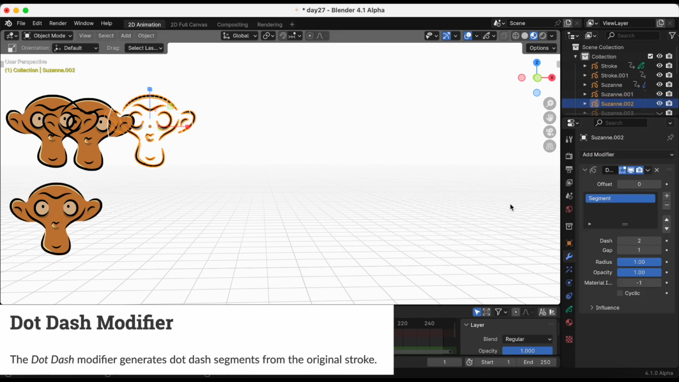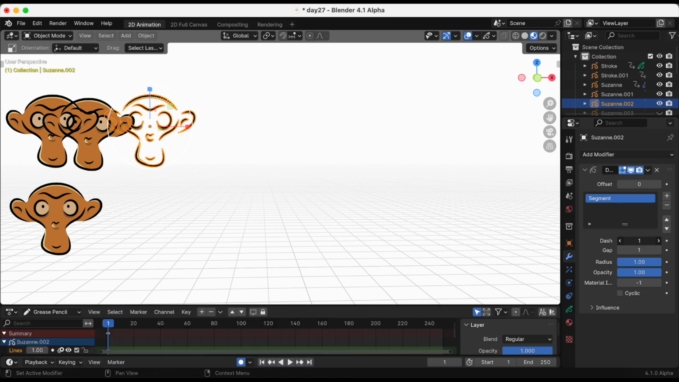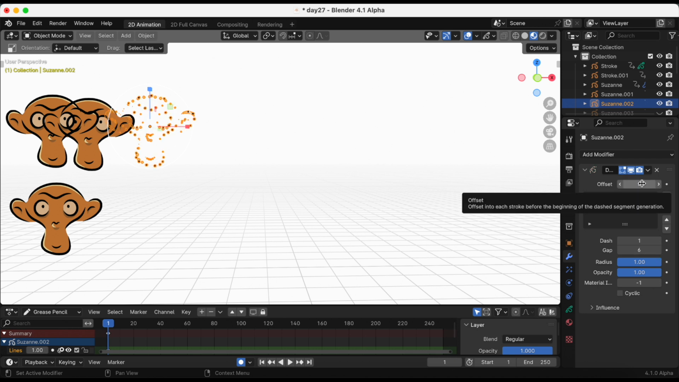The dot dash modifier generates dot dash segments from the original stroke. You have dash, gap, offset,